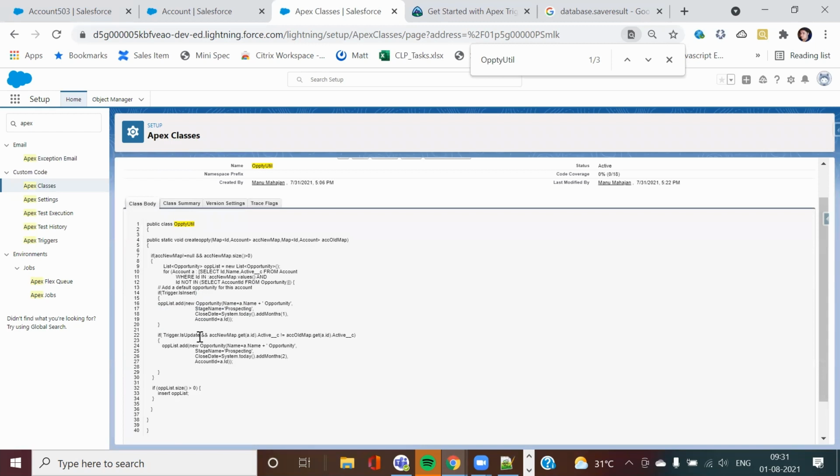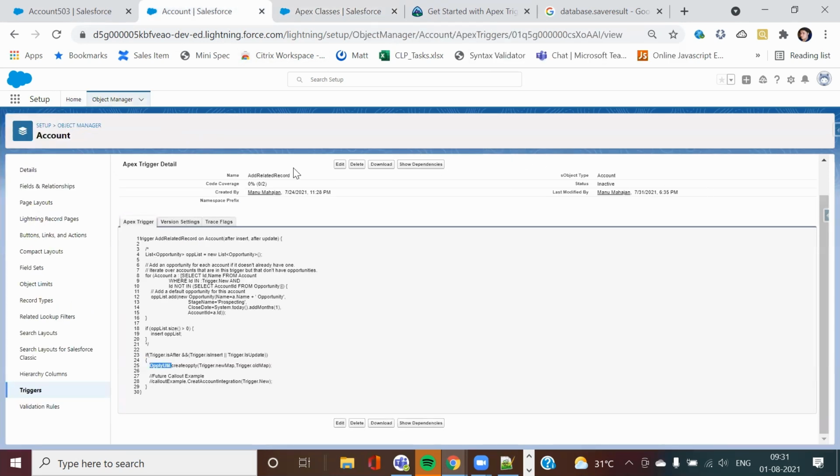So here if you see, my trigger.context variable is update. After that, I'm checking whether I have this one custom field, active. The field active has two values, yes or no. So in case previously it was yes, now I change it to no. So in case yes is not equal to no, this condition is satisfied, then only my opti will get inserted. So first let us see the insert example.